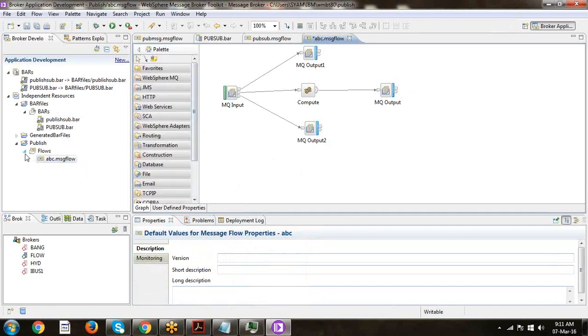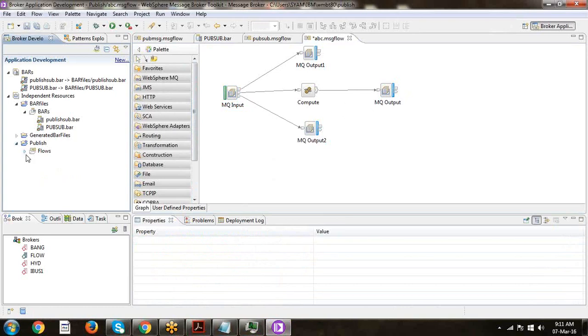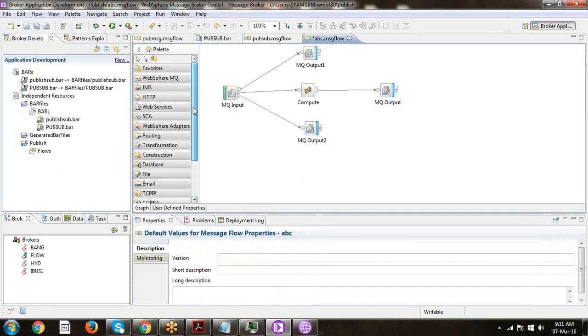Tomorrow and the next 2 to 3 classes we will implement this. An administrator doesn't require any knowledge about the message flow, but we have to know how the transformation is happening, how the content and routing are happening. So in the next 2 to 4 sessions we will work with simple message flows, simple business logic. Again we will work with administration.